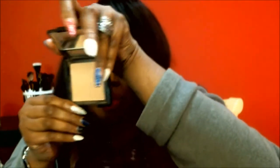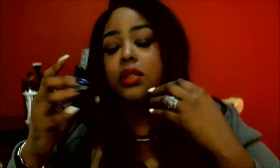This is what it looks like. And the color is coming off just a little bit. No, here it is. Here's the actual color. Okay, there you go. You can see the actual color of the pressed powder. And this is in almond, because yes, I am almond, okay? This is what I would set my face with, either this or